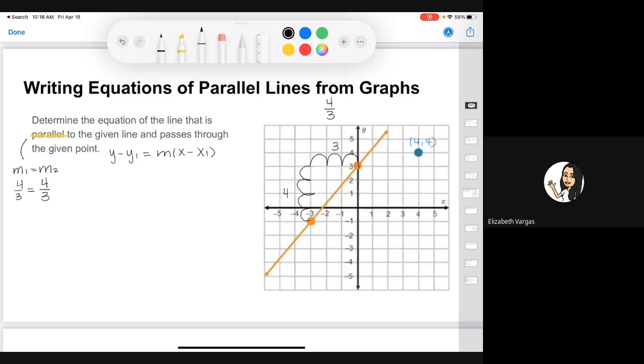And that will give me the equation of this line which passes through this point that is also parallel to my orange line. So y minus, and my y1 is going to be the point that I need to identify. So my 4, 4. I already have my m, which is 4 over 3, x minus my x1, in that instance is also 4. And this is where I solve to find my equation of my line, which is parallel to my orange line. So